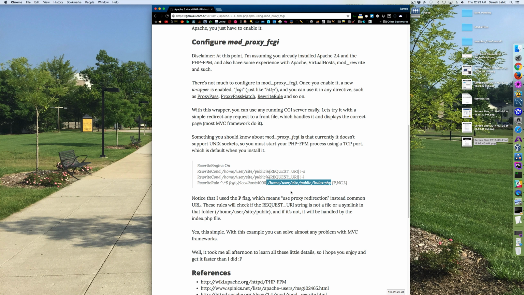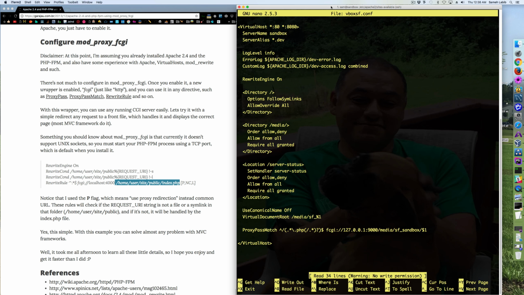And once index.php is loaded, I believe in order for MVC to work, it should be able to read the entire URL and get the URI from it, and thereby be able to load the proper controller and pass it the proper parameters, because this would pass everything to index.php. The advantage that this has over what I have right here